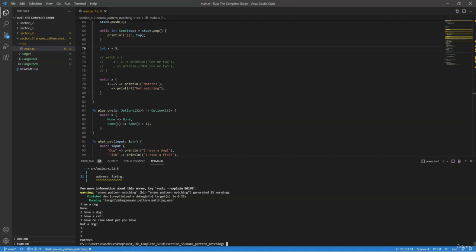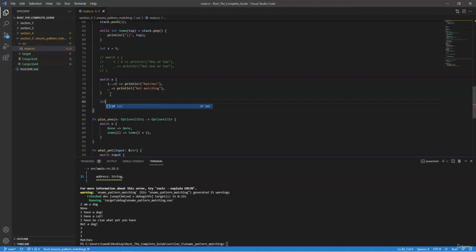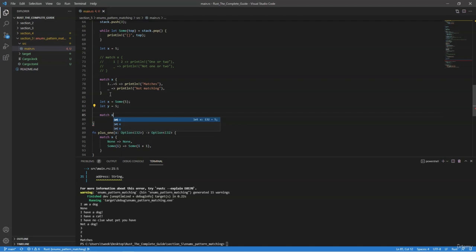And then lastly, we can use an if condition specified after the pattern in a match. So let's check this out. Let's say let x equal to Some(5), and then we'll say let y equal 5, and then we're going to match on x,